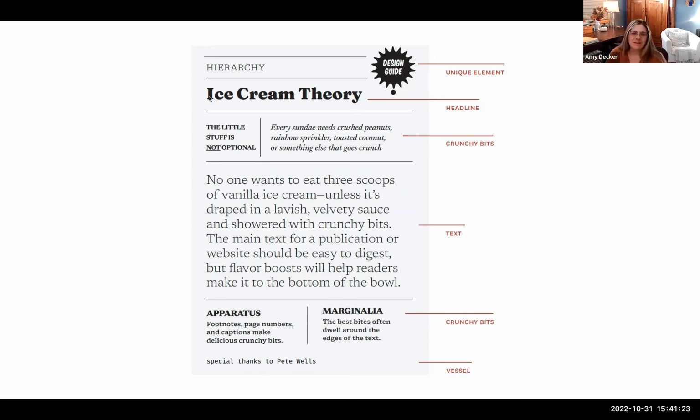So you got a nice eye-catching headline. Notice how the headline is the boldest item on the page, right next to this unique element. So they've really made this design guide a big burst. So yeah, you can choose one of your tags or some of them to really be those unique elements. You have your bold headline. Then you have a subhead. The little stuff is not optional. That's a subhead. You have another secondary subhead, this italic little pullout. Call it the crunchy bits. We have more crunchy bits down here. We have a secondary subhead